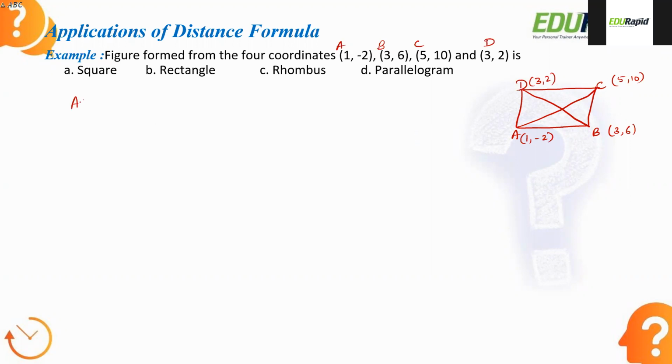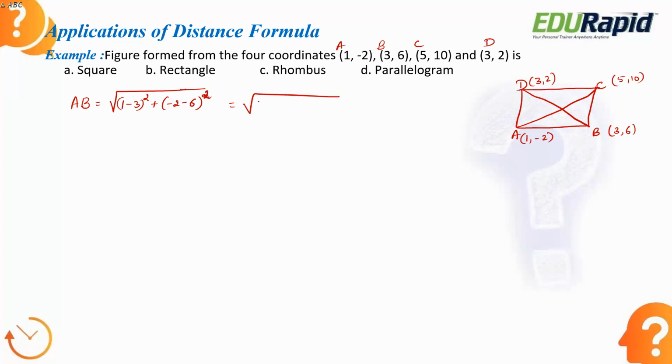When you're given such questions, it's usually the distance formula. AB is equal to root of (1 minus 3) whole square plus (-2 minus 6). See, you might be wondering why I'm not taking 3 minus 1. It's one and the same, because when it squares up, the negative sign becomes positive. So don't worry about that. You can take x1 minus x2 whole square also. So -2 whole square is 4 plus 8 square is 64. So I'll get 68. Can I solve this further?